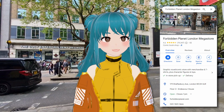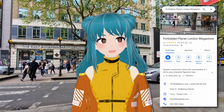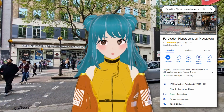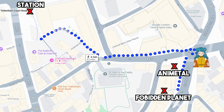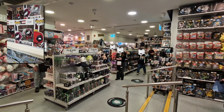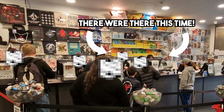What kind of London-based weeb would I be if I did not mention Forbidden Planet? The holy land of comics, Gundams, merchandise, and 3for2 manga. The London main store is located in Tottenham Court Road, right next to the popular anime figure store called Anime Metal. The first floor is dedicated to merchandise such as Funko Pops, apparel, Gundams, and sometimes smeeskis that are hidden